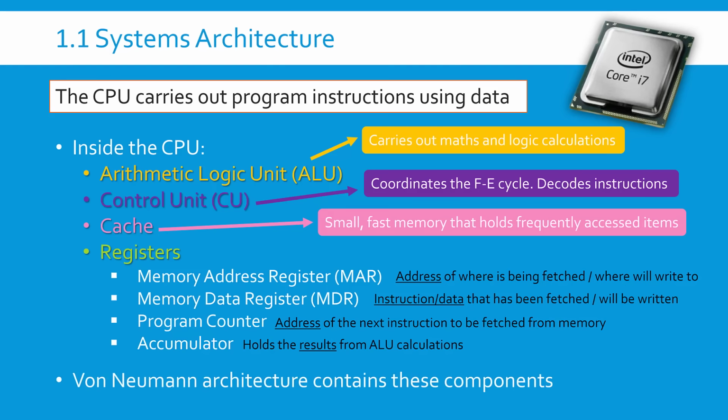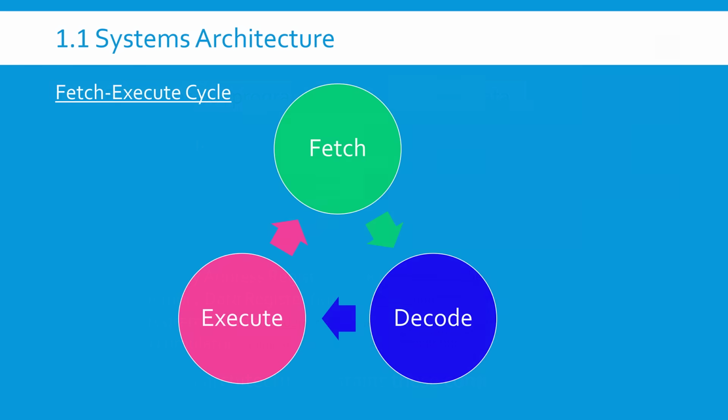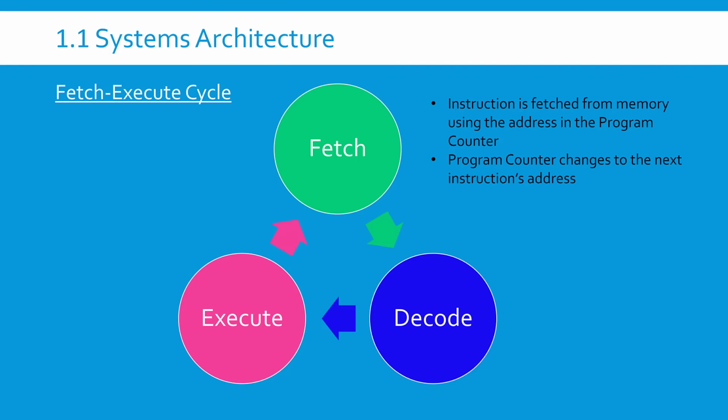And the term von Neumann architecture is quite a vague one, admittedly, but essentially von Neumann architecture is built on these components. And this structure of a CPU carries out, as I mentioned already, a fetch execute cycle. Really, there are three stages to this. In essence, during fetch, you get an instruction from memory using the address given in the program counter. Once it arrives in the MDR, the program counter will change to be the next instruction's address, ready for the